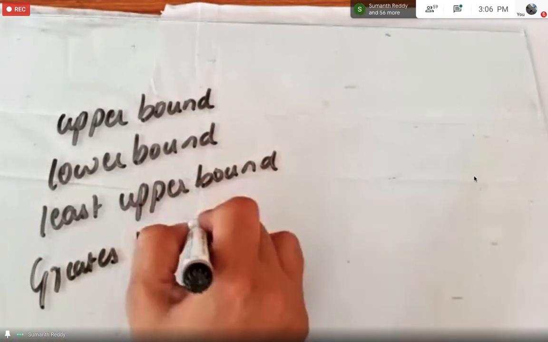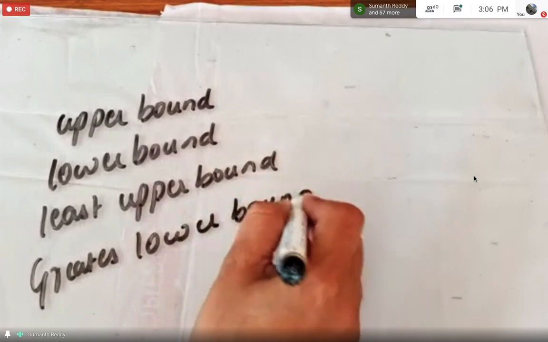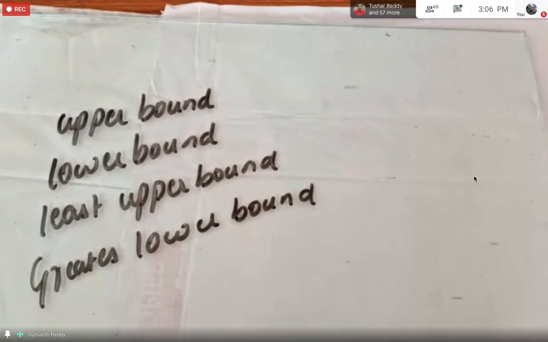Okay. See, actually, almost it is similar to the minimal and greatest and least element. But the thing is, here when we are finding the greatest and the least elements, we are telling with respect to all the elements that is present in the Hasse diagram. Whereas in case of the upper bound, lower bound, least upper bound, and the greatest lower bound, we will be taking into consideration only a subset of elements. And those subset of the elements will be given in the question itself. Okay, so the examiner, he will set the subset of the elements. So by considering only those subset of the elements, we have to define these properties.